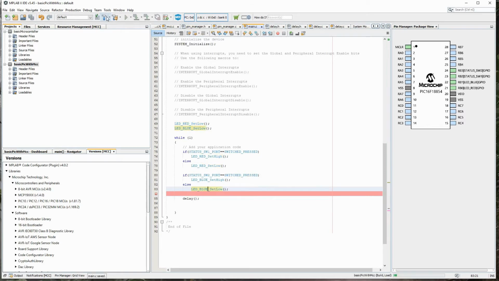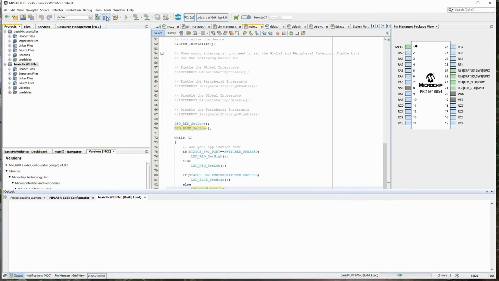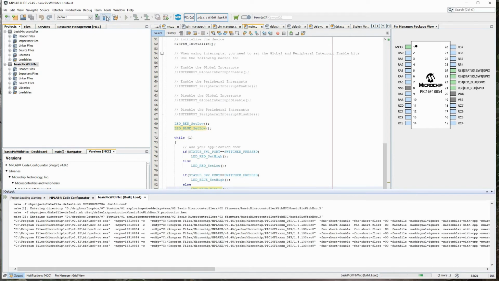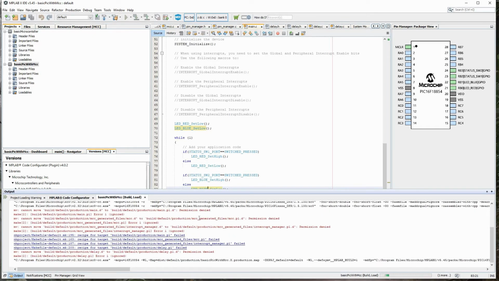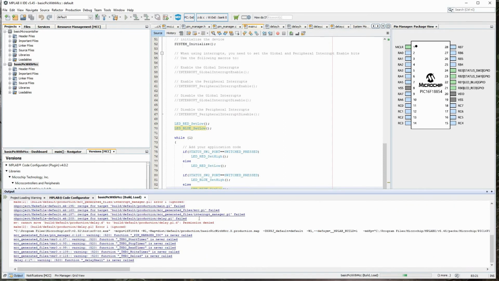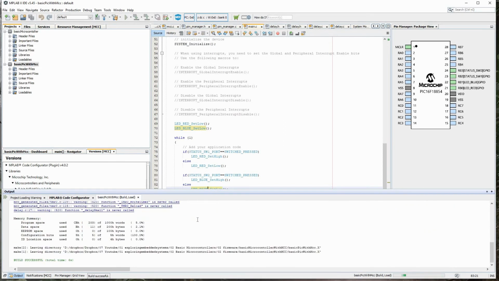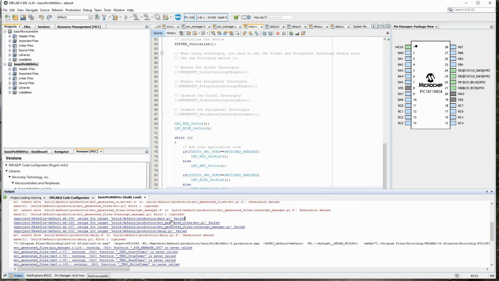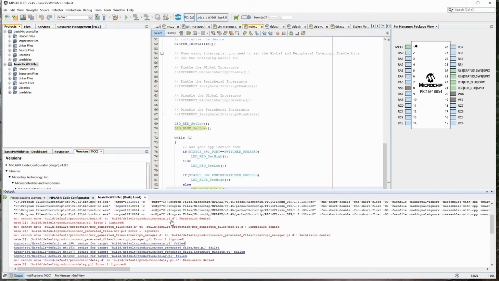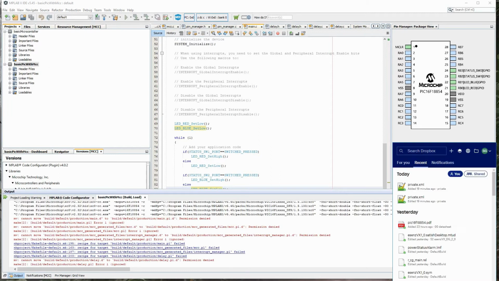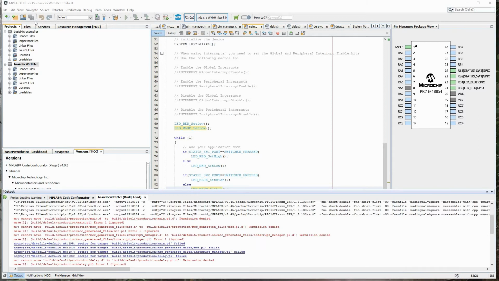Let us build once. Some error is there, some permission denied. Maybe it might be because my Dropbox is always syncing. Let me pause it for 30 minutes and let me build it.